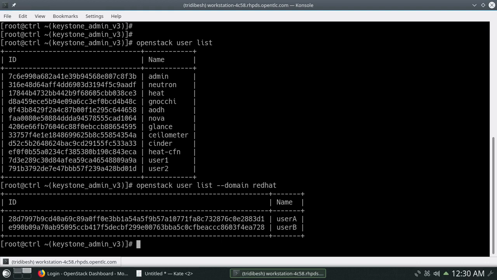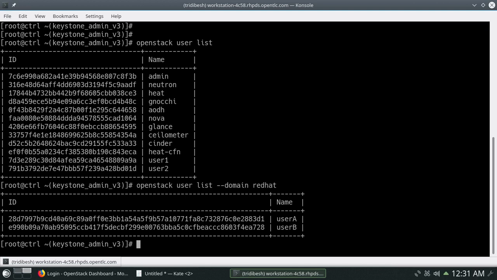Here you can keep a note of these IDs for user A and user B, which you will be using at a later point of time, or you can come back again and execute this command, openstack user list --domain and then the domain name, to get the list of users and their respective IDs.